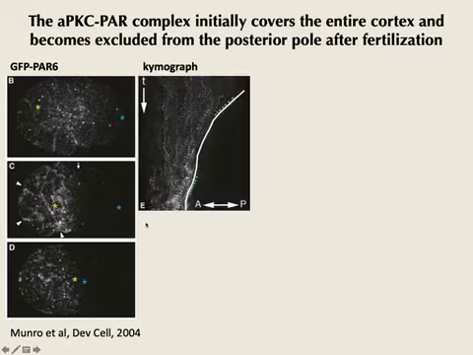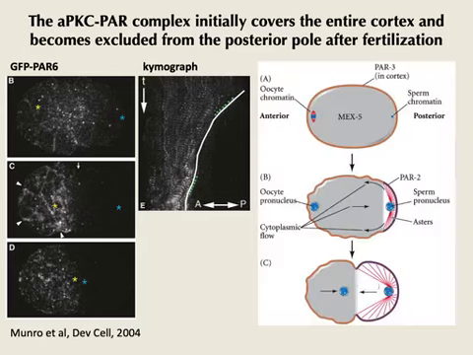And if you look at this kymograph, so remember the kymograph is a way to look at position in one spatial dimension. So here anterior posterior in the x-axis over time. So early you have broad distribution of PAR6 GFP, and then over time it restricts to the anterior, so it tends to accumulate in the anterior. It's being cleared from the back.